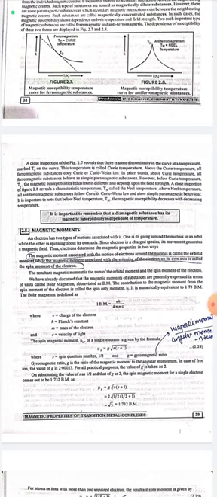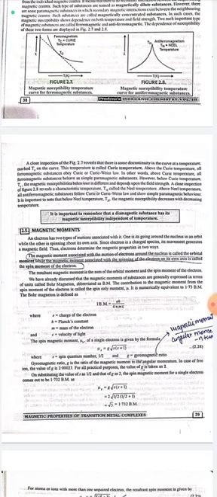The magnetic moment associated with the motion of electrons around the nucleus is called the orbital moment, while the magnetic moment associated with the spinning of the electron on its own axis is called the spin moment of the electron. The resultant magnetic moment is the sum of the orbital moment and the spin moment of the electron. We have already discussed that the magnetic moments of substances are generally expressed in terms of units called Bohr magneton, abbreviated as BM. The contribution of the magnetic moment from the spin moment of the electron is called the spin-only moment, mu. It is numerically equivalent to 1.73 Bohr magneton.